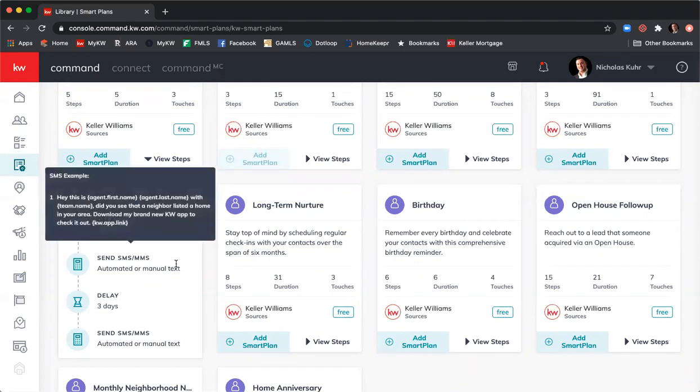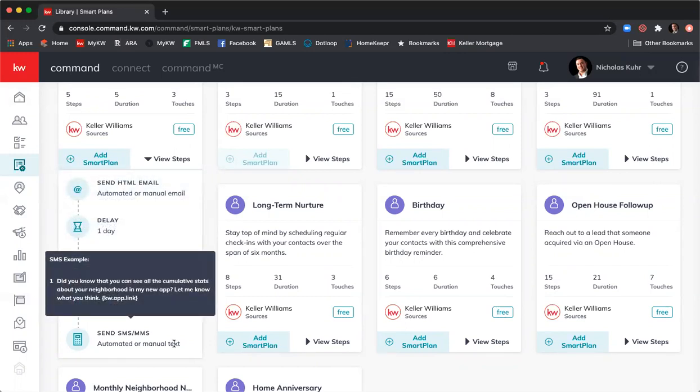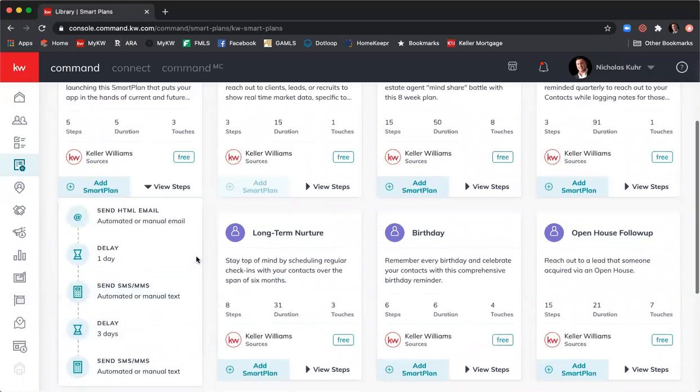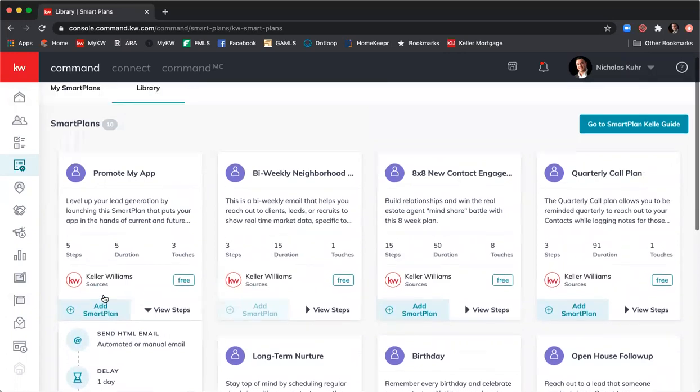The next is send a text message, and you can see when you scroll over, it pops up the text message that you'll be able to edit. Then there's going to be a 3-day delay, and then another text message. So if you want to add this smart plan to your library, just click on Add Smart Plan, and then it will then populate into your people plans